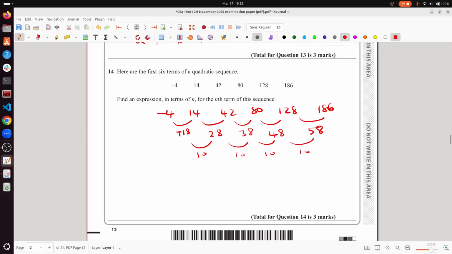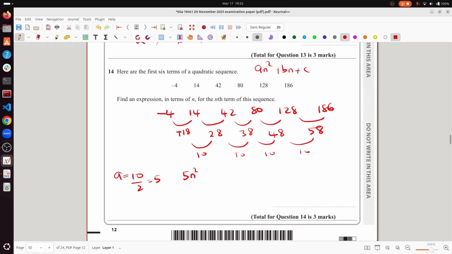There is a proof to why I'm going to divide this by 2, but that will take another lesson to explain. Just follow my process: for a quadratic sequence, it's always going to look like an squared plus bn plus c. So to get my a, I have to do the 10 that I have now divided by 2, which is 5. So that means I now have 5n squared,